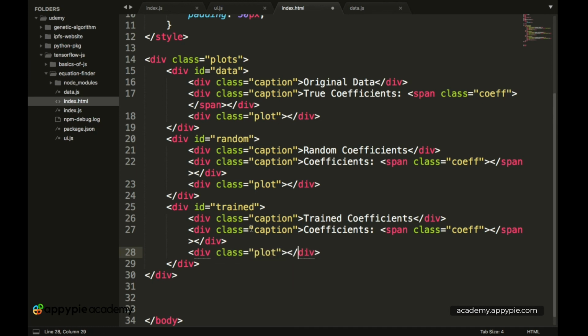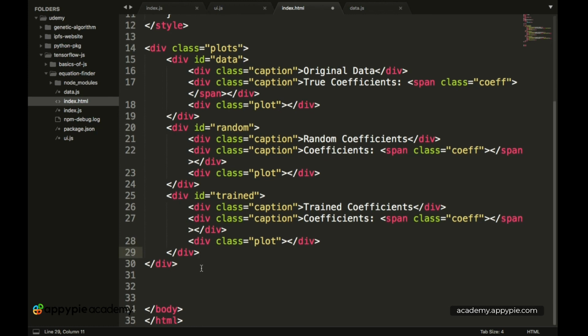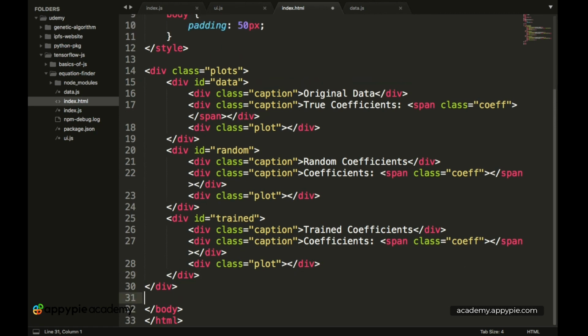Okay, so with this we have basically completed the bare bones of our HTML file, and now all that we have to do is basically we have to link our main script.js file to this particular HTML file so that all of our program works in sync with it. Okay, so now we have a script tag over here, and we have script type is equal to JavaScript.